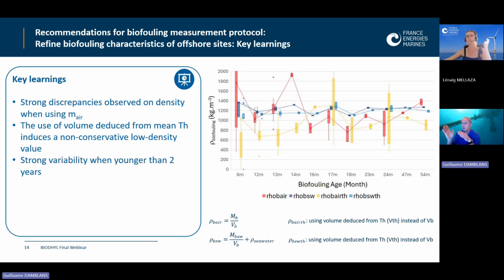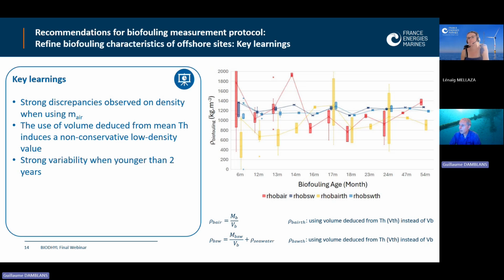So here, this is the main important message we want to share with you on that aspect of density, because we are always assuming a constant, unique, single density value, which is an equivalent property of different species and communities. And the way we are measuring it will impact the value a lot, and therefore the mass you can extract from this. So typically here, what you have in red is the density which has been calculated using the mass in air